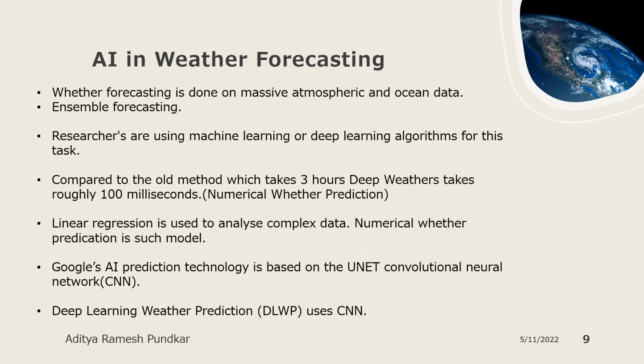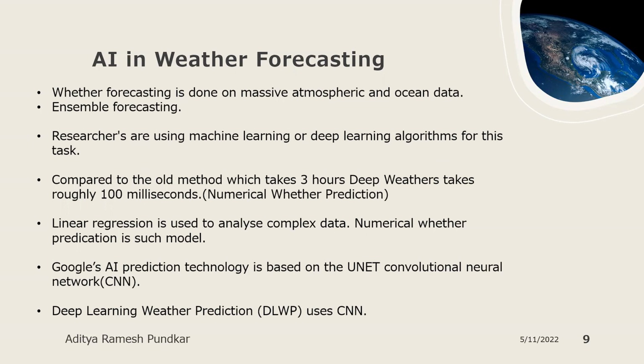So weather forecasting is mainly done on a massive scale of data, which is atmospheric data and ocean data, received from the various weather forecasting stations and maybe some separate independent sets. At the beginning, the ensemble forecasting model was used, in which predictions were made based on 40 years of data. That model was 7,000 times faster than the actual physical computational models that were present. So using that method, we were able to forecast the weather quickly.